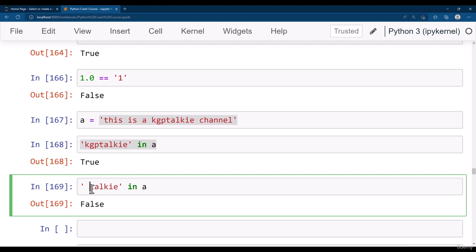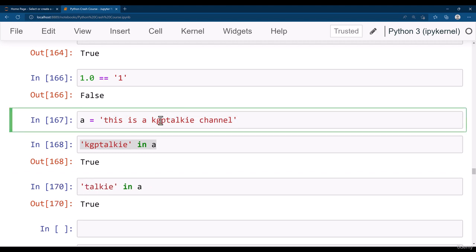If we remove this KGP and just check with talkie, we see that talkie is present inside this string. That is why it is saying true. So that's how you can use your Boolean variable to compare two numbers, two data types or two variables together. And in coming lectures, we will also see how you can take action based on the Boolean value, whether true or false,